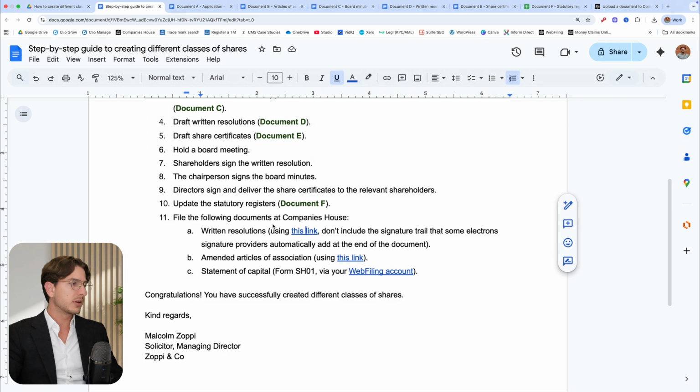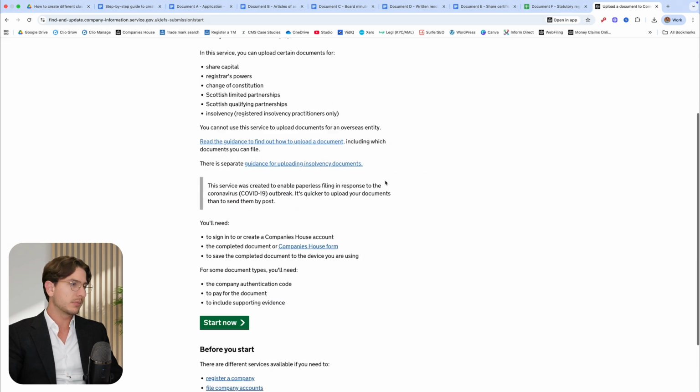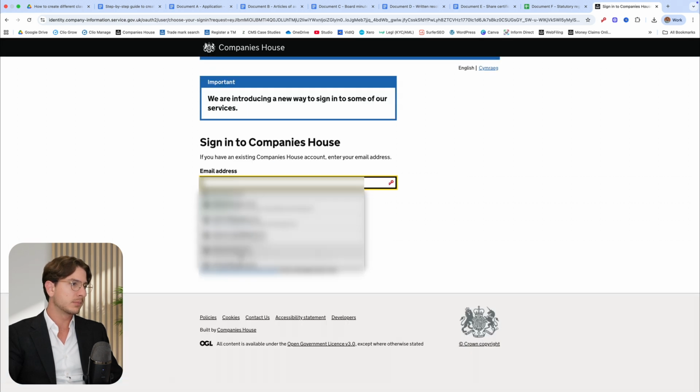So the very first thing you need to do is file the written resolution at Companies House. You can use the link that I've linked right here to do it electronically. Electronically is typically easier and quicker. You can also file paper copies typically by post, but again, that will take a little bit longer. So you go here, you scroll down, click on Start Now,